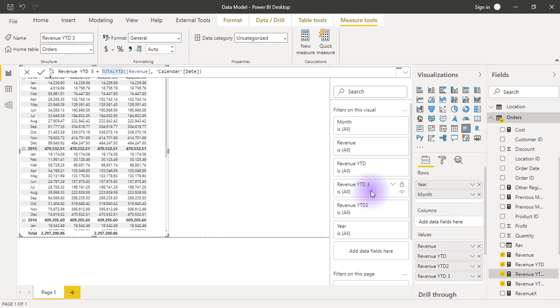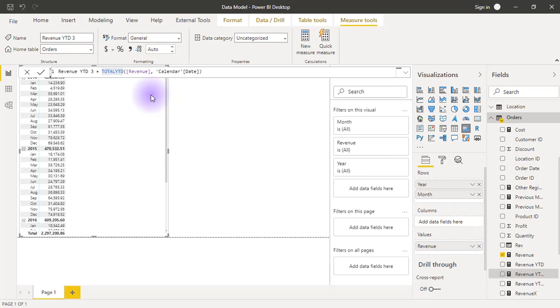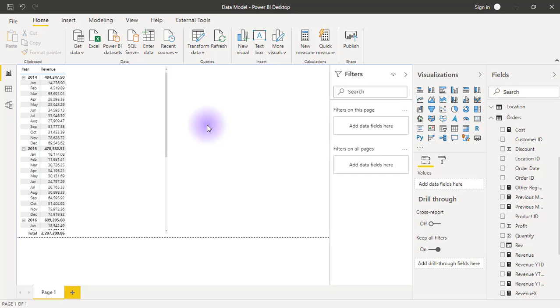So let's take a look at another time intelligence function and how we can use it to create a time intelligence formula. So this time let's take a look at the same period last year. So let me remove all of these YTD numbers. So for same period last year, what I would like to achieve is once I have my calculation done,